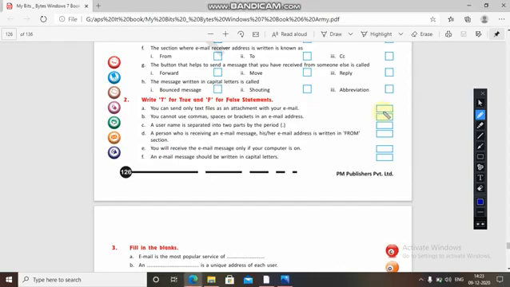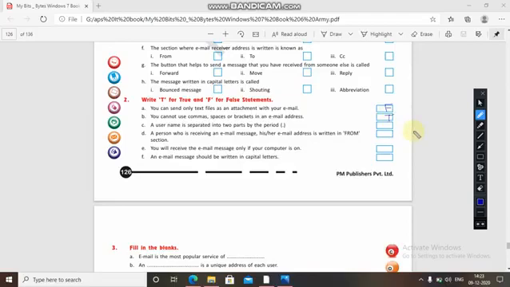No, it's false, because we can send photos, audio, documents also with email. You cannot use commas, spaces, or brackets in an email address. Yes, it's true. We can't use these. We can use underscore or hyphen.